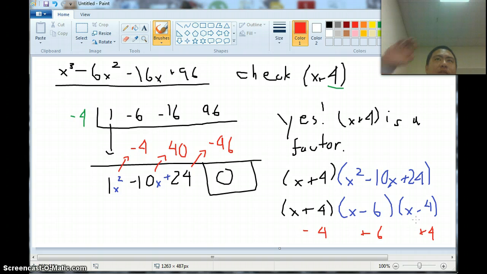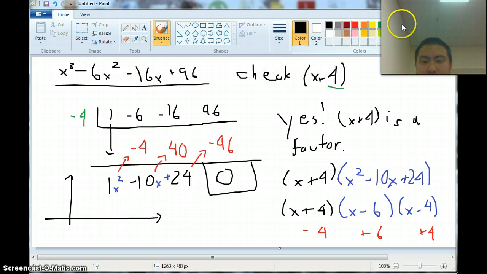Remember when we did x to the third power, so either like this or they're like this. So we know that we have something that looks like this. It goes and hits it at negative 4. So we'll say somewhere over here, positive 6, and somewhere over here, and somewhere over here. That's positive 4. And then we have our thing, which is a cubic, so it goes up and down like